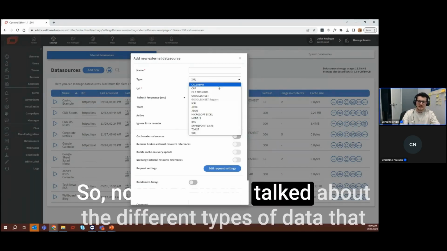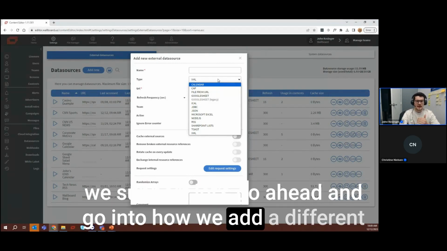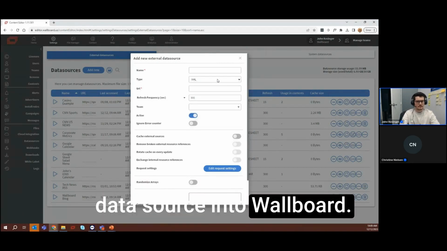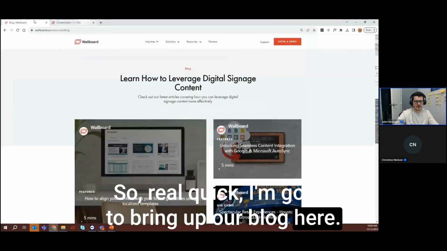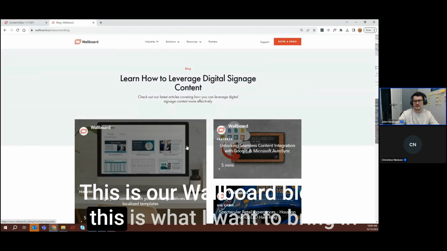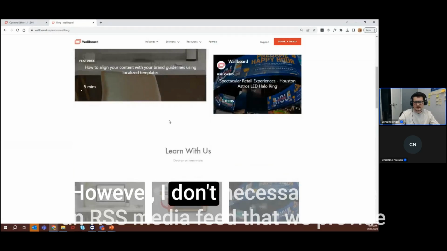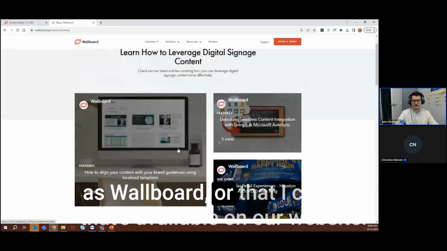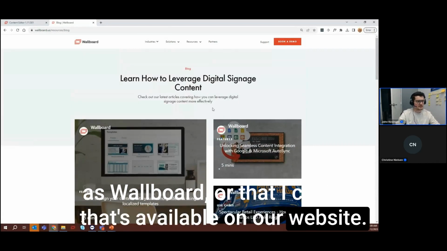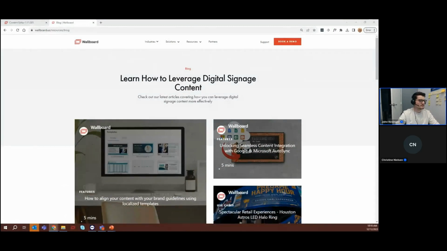So now that we've talked about the different types of data that we support, let's go ahead and go into how we add a different data source into Wallboard. So real quick, I'm going to bring up our blog here. This is our Wallboard blog, and this is what I want to bring in first as an RSS media feed. However, I don't necessarily have an RSS media feed that we provide as Wallboard or that I can use that's available on our website. So what I use a lot of times for this, and let me just drag this over here,